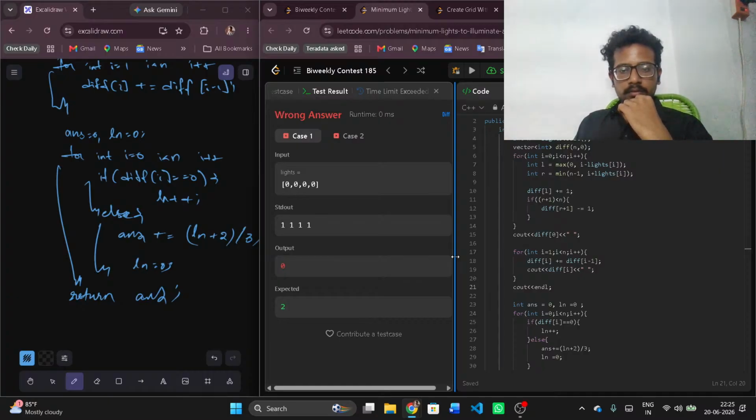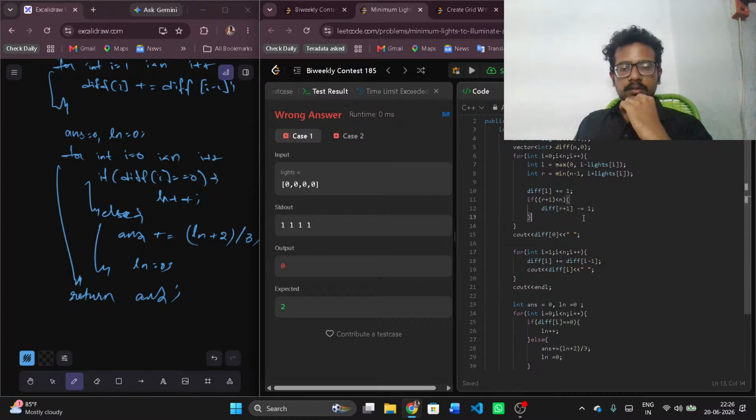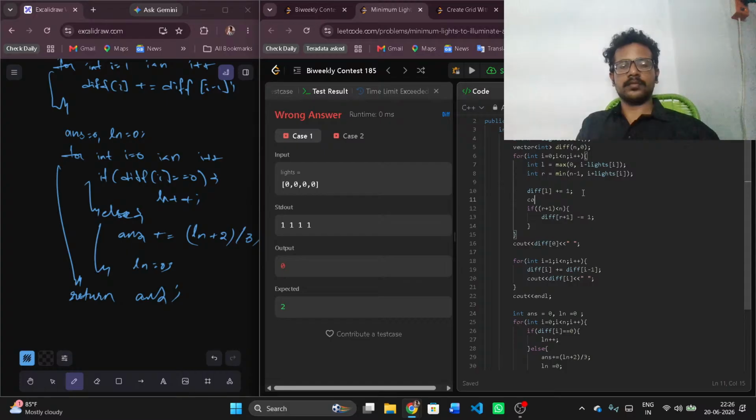Cannot be 1. Difference at i, difference of L is difference of L and